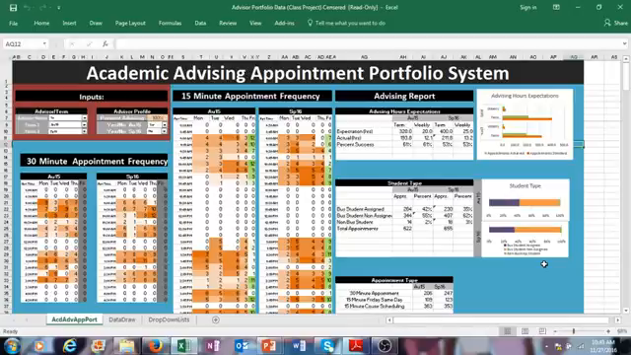This is the tool I was working on in Excel in order to look at advising data based on different advisors to see what types of students they're meeting with, what types of appointments they're holding, and what their availability is. So the information is going to vary based on your inputs: the academic advisor's name,